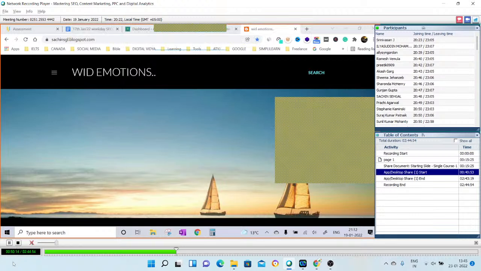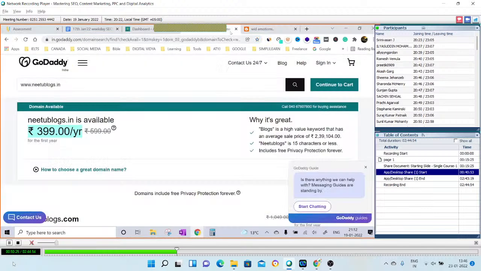What is the minimum? Rishi, it's not about the minimum cost. You can get something for 1,000 rupees also. Just for an example, you guys are quick in maths. If you know maths well, this is coming to 399. This can also be cheaper if you find some coupons running. There are always coupons running for GoDaddy, so it can come to 150, 160, 200 rupees maximum, and then you can take the